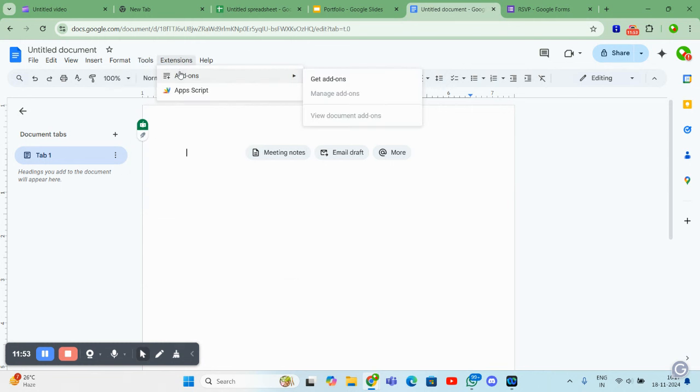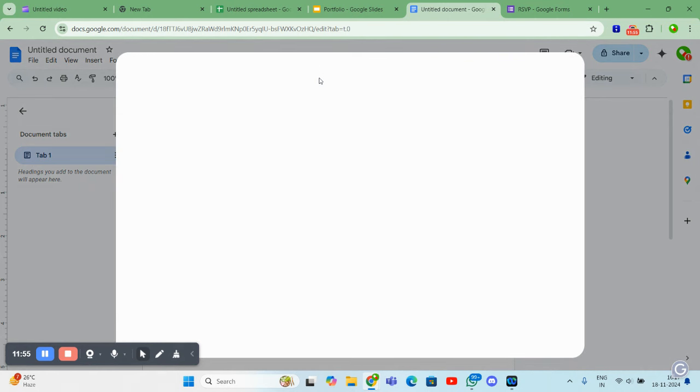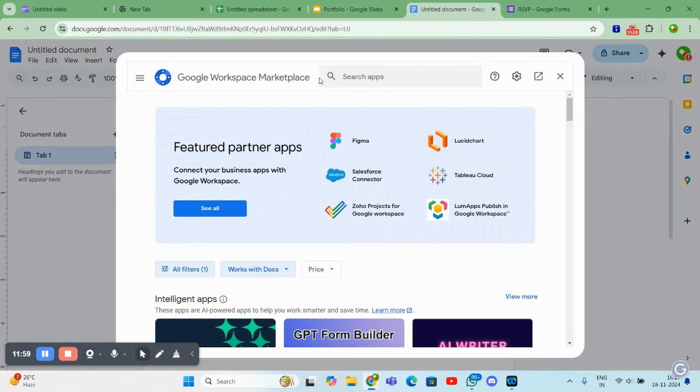And again, in extensions, as I told you, there are add-ons. These add-ons can be macros. There are a lot of add-ons for mail merging. One good feature is Lucid chart, that is also a very good feature. Lucid chart is very commonly used by a lot of companies for representing their sales data or trend analysis. You can also integrate